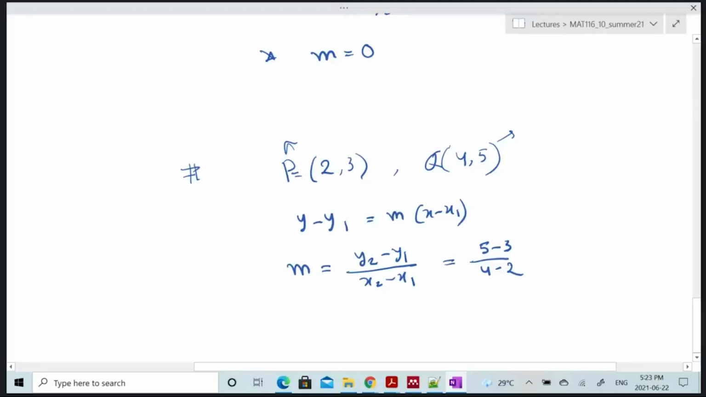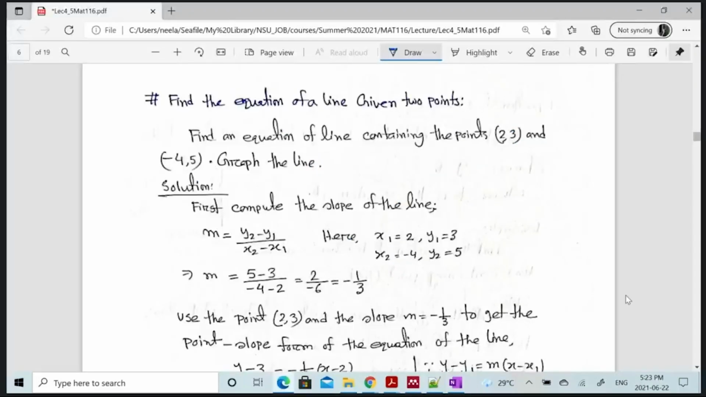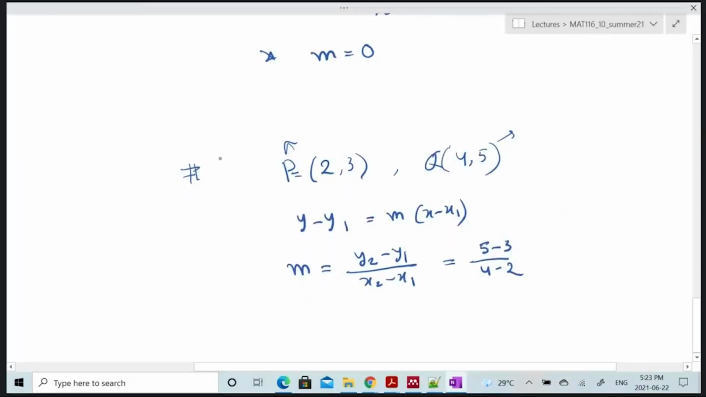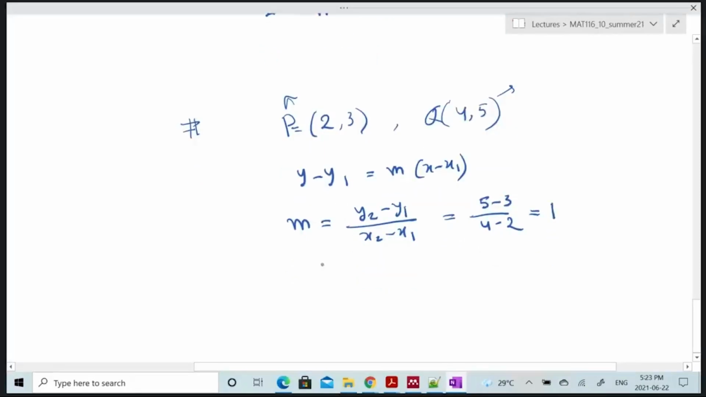I think I wrote it wrong. Actually, it's 4 minus 2. Doesn't matter, we are solving a new problem, that's fine. So the slope here is 1. Okay? So then if I substitute the value here in equation 1